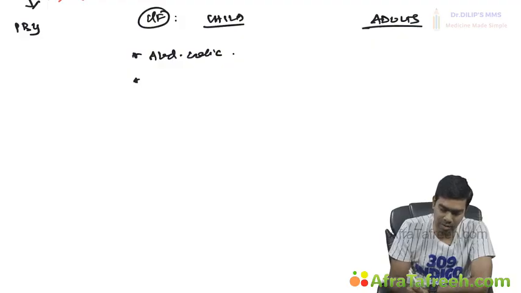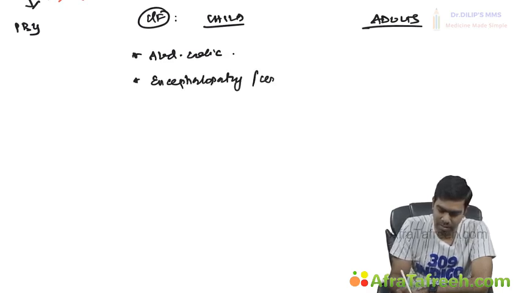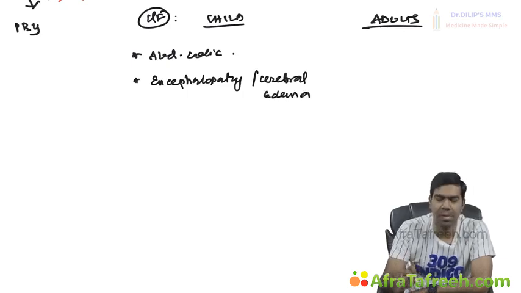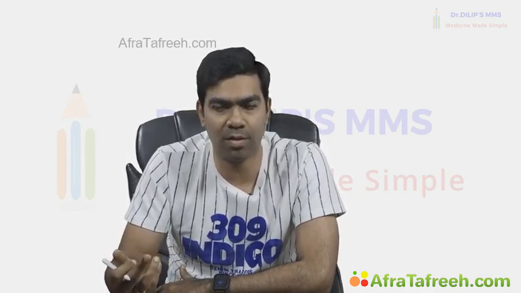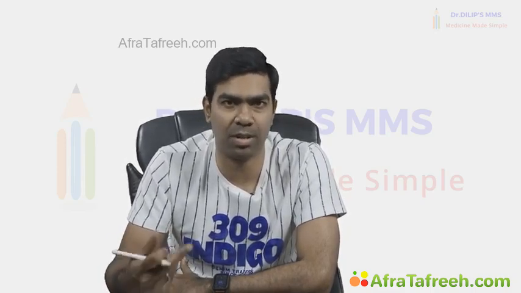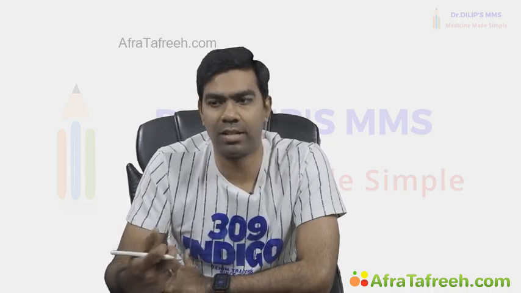Second, they can cause encephalopathy and cerebral edema: lead encephalopathy and cerebral edema. Why they cause this is because lead damages the capillaries and the blood-brain barrier. Because of fluid leak and congestion in the brain, you might get cerebral edema and encephalopathy. But in early stages, children may not have encephalopathy or a frank cerebral edema. They might just come with features like poor